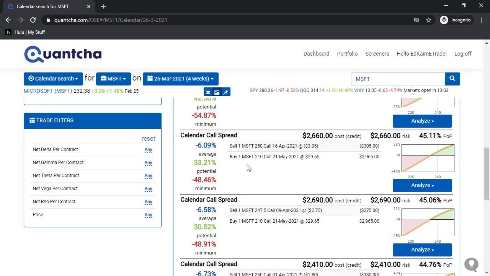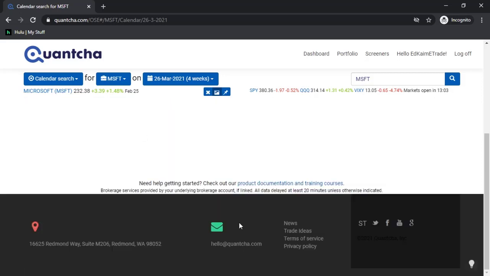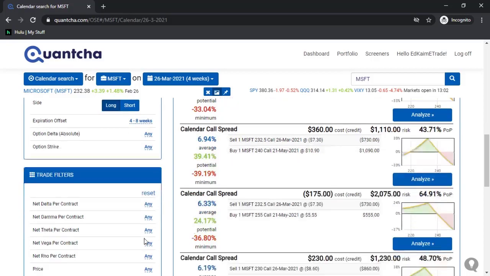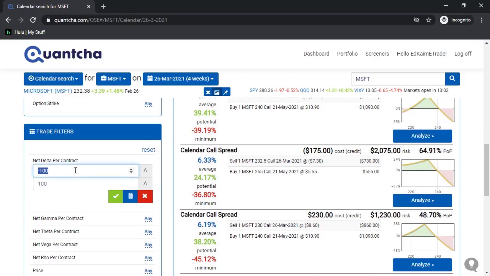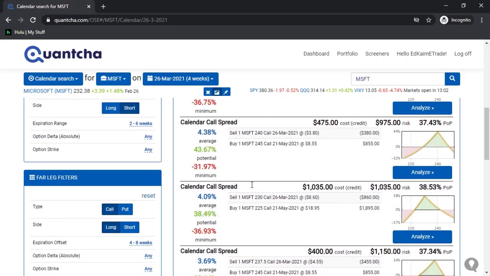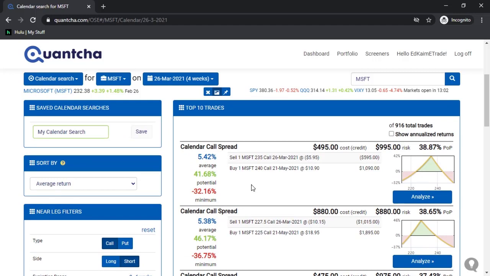So let's say you're placing a trade and you're doing a calendar spread. Let's say we reset all the options we've got here. So we'll go back to the original offset for the expiration range and the offset. Maybe what we want is we're looking for trades that are like -5 to +5 delta. So this is pretty much delta neutral calendar spreads. Obviously there's gamma risk, but for the sake of now, we can see we've now filtered down to these trades